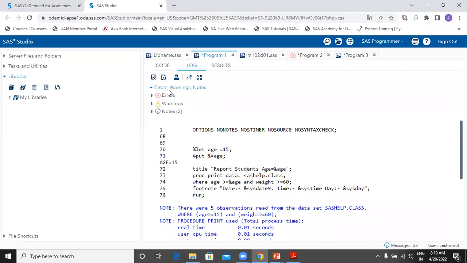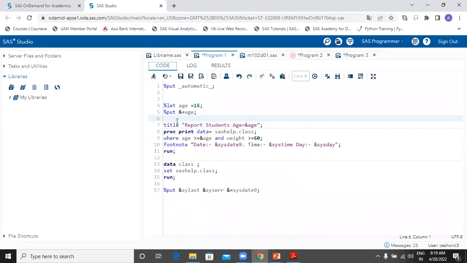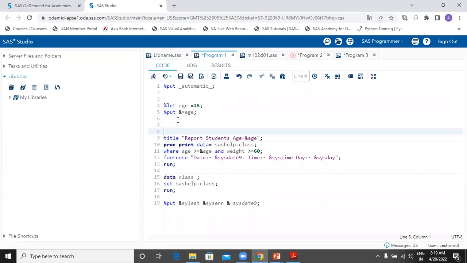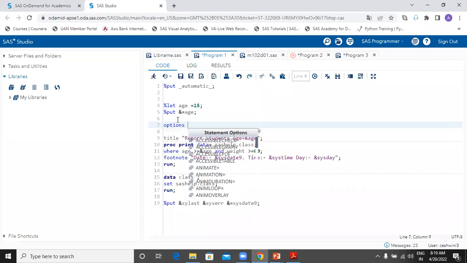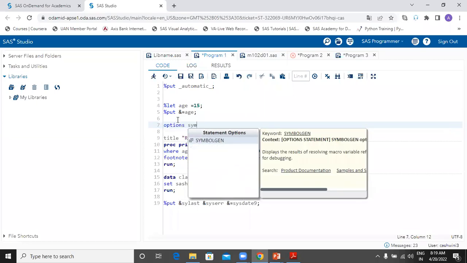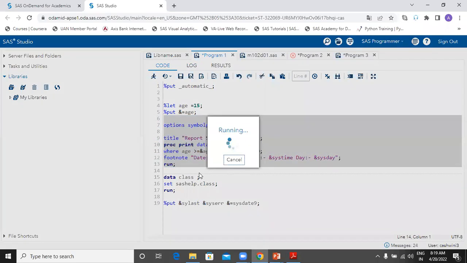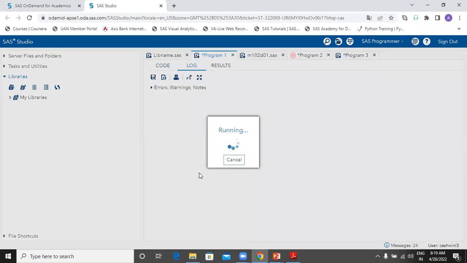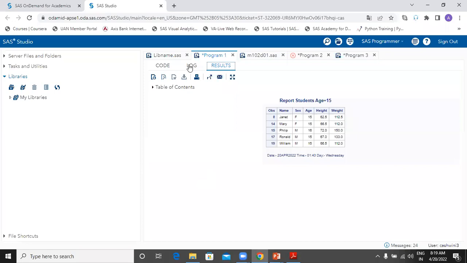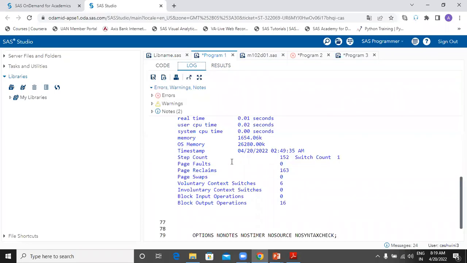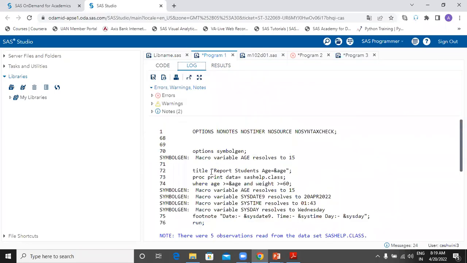No, correct. So if you want to check whether it's substituting correctly, what you can do is you have a global statement called OPTIONS. So write options and use an option called SYMBOLGEN. What SYMBOLGEN does is, wherever in your program you have a macro variable and it resolves, the log will give you a message that it resolves with the respective value. So when I check my log, see, it's telling that in my program, in title, I have a macro variable,